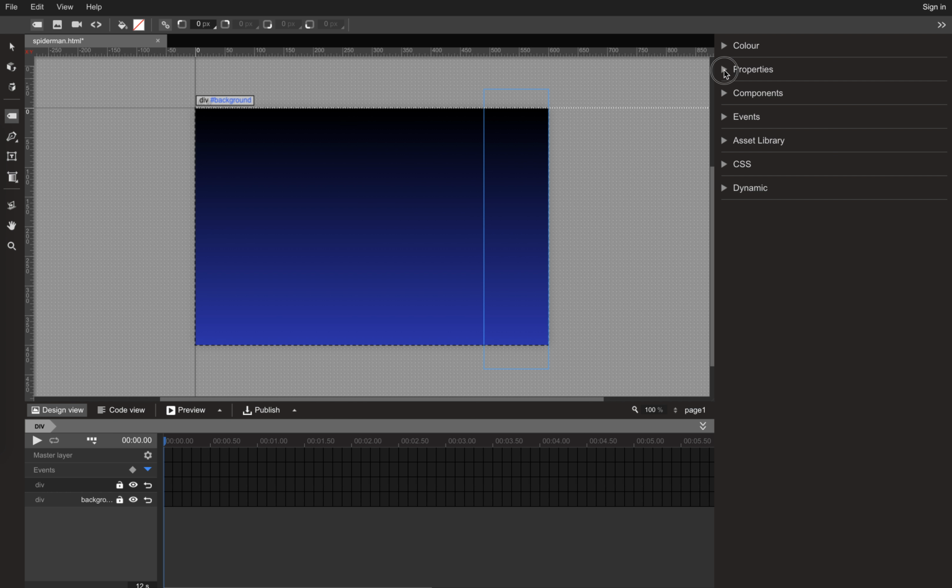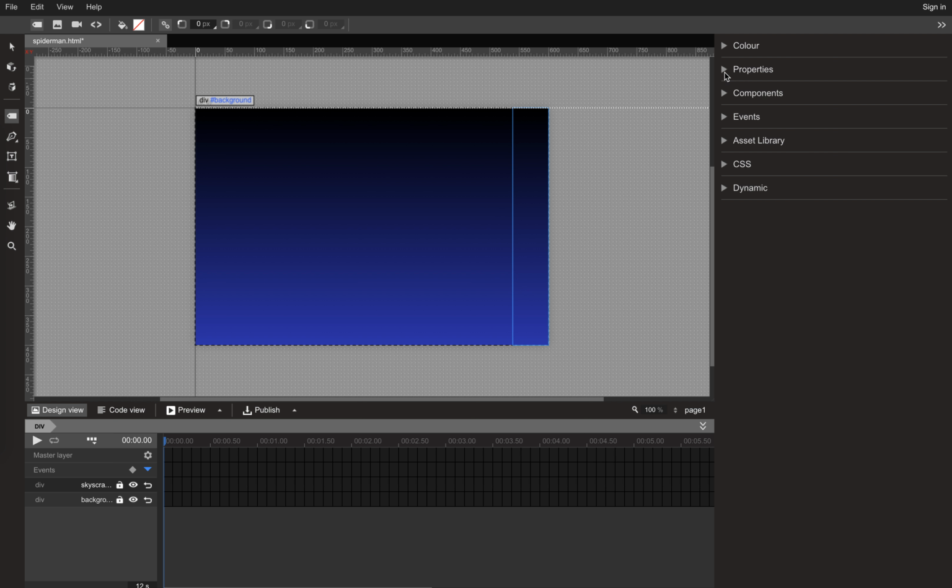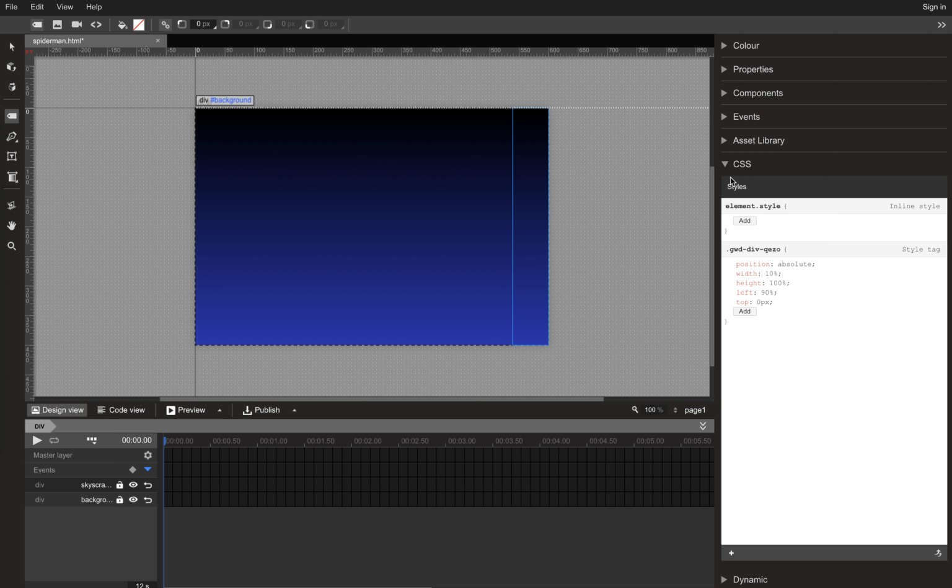We want to have our skyscraper always fitting to the 10% on the right of the full viewport size. The div is named skyscraper_right. The left position is 90%, should start from 0 pixel from top. And the width is 10% to cover the last 10% on the right side. And the height is 100%. Now we add the image, the skyscraper tile,